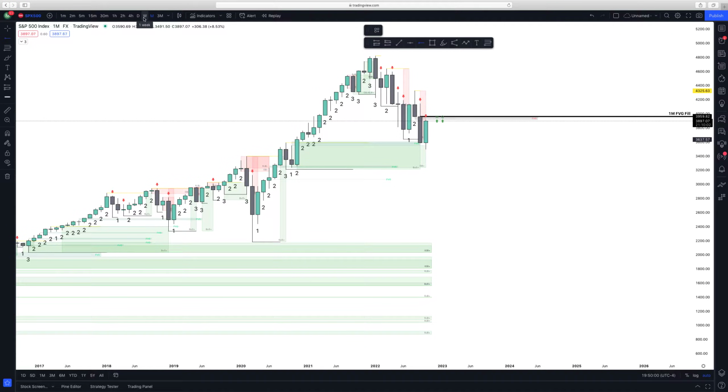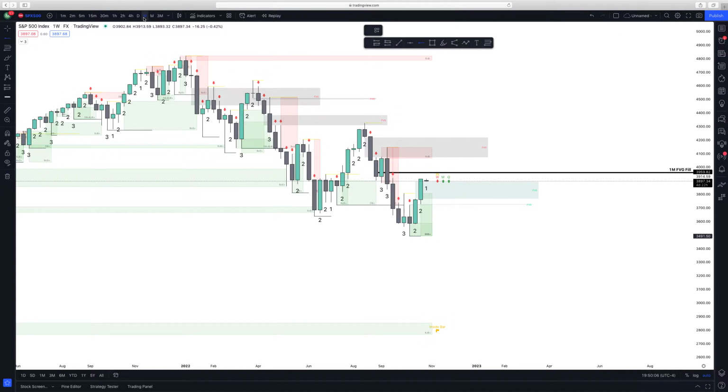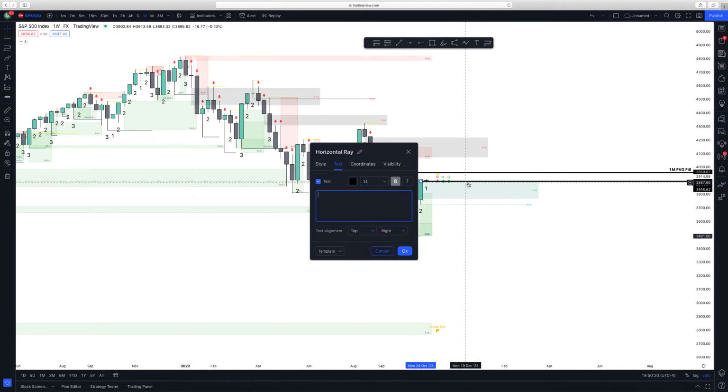I can clearly see that it's bouncing from an order block on the monthly chart, so I mark my levels there. I will go down to the weekly chart, and at the weekly chart, I will mark a level here and put trading above 1 week